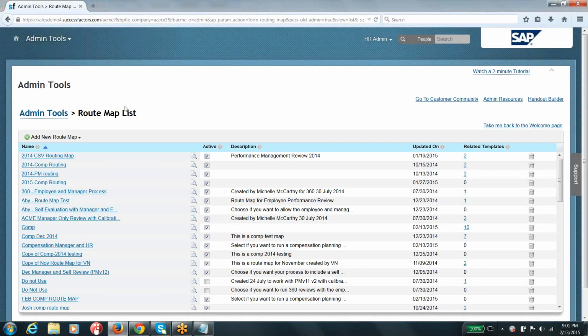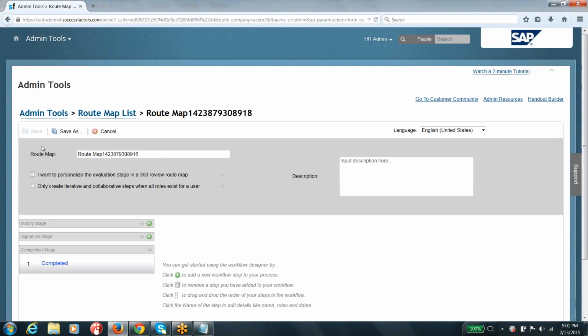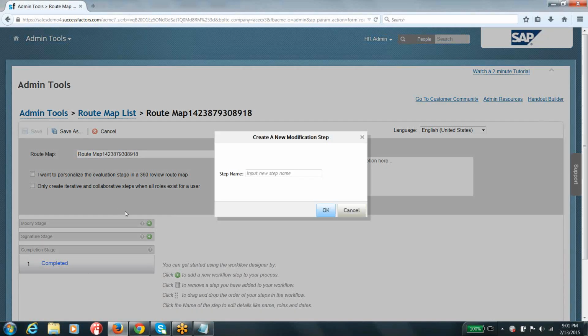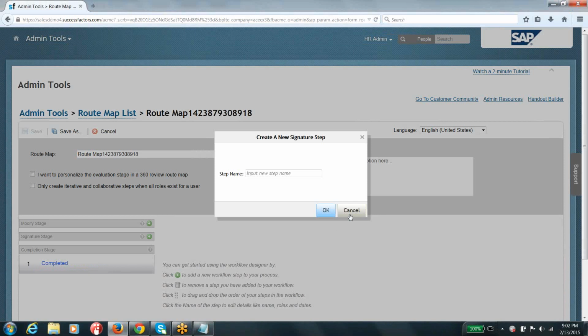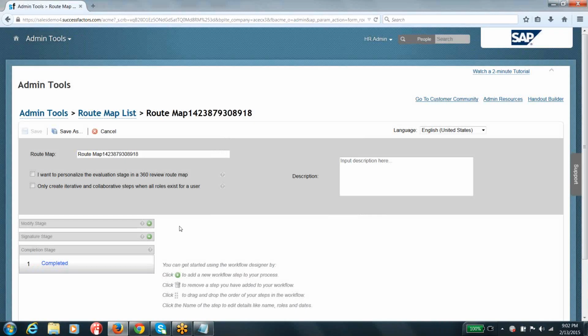Sorry, guys. Say if you are interested in adding your own or building your own roadmap, click on build your own roadmap, and you can see none of the steps or stages, nothing has been populated here. So it's up to you. Then you have to create your different steps under the corresponding stage, and populate your dates or the labels associated with the steps. Everything you have to configure yourself, guys.